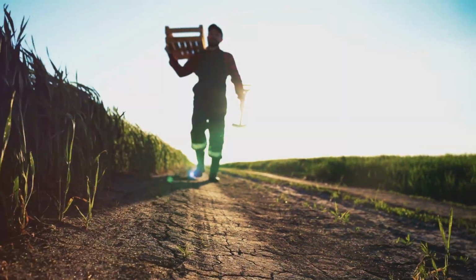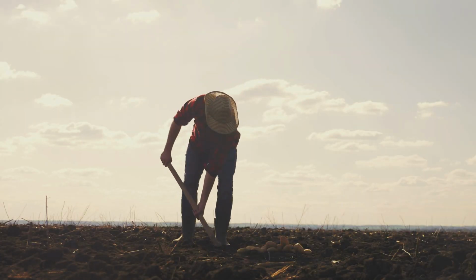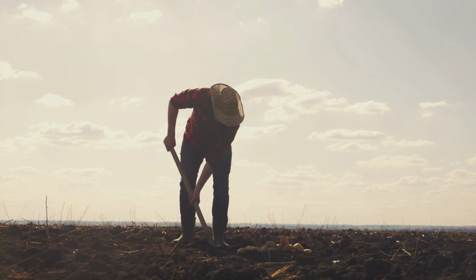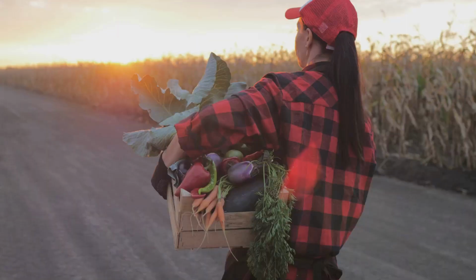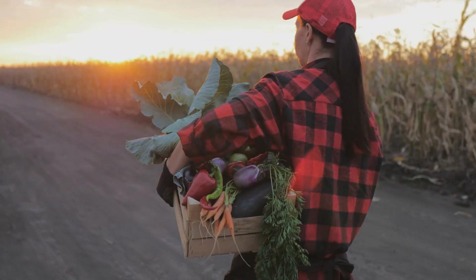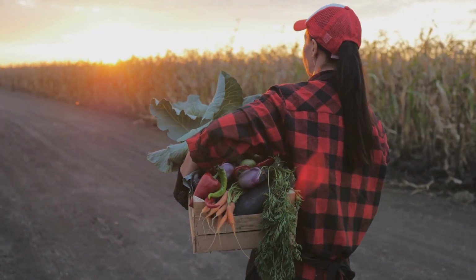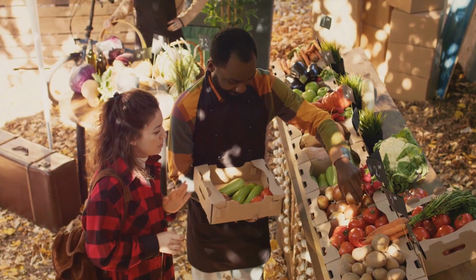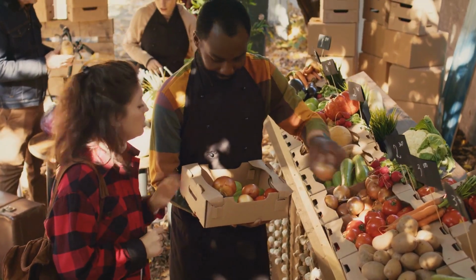In addition to selling their produce, farmers can now earn from their efforts to sequester carbon. This financial incentive can help to offset the costs of transitioning to regenerative farming practices, making the shift more viable for a greater number of farmers. For consumers, this shift holds the promise of healthier, more sustainable food. Regenerative farming practices not only sequester carbon, they also enrich the soil, leading to more nutrient-dense crops. So, by supporting farmers who engage in these practices, consumers can contribute to a healthier planet while also nourishing their